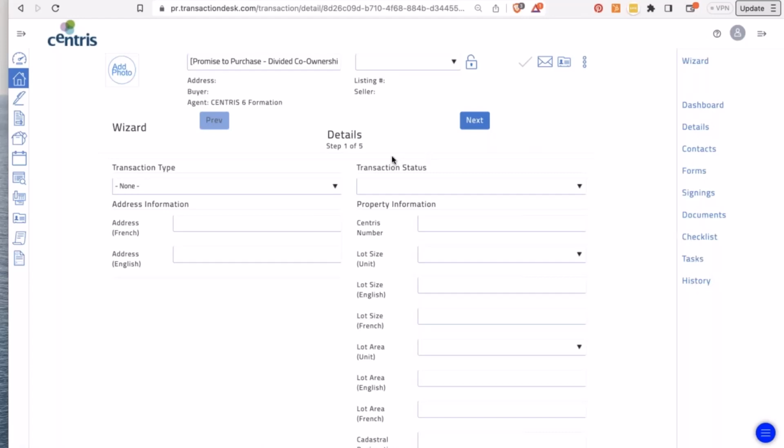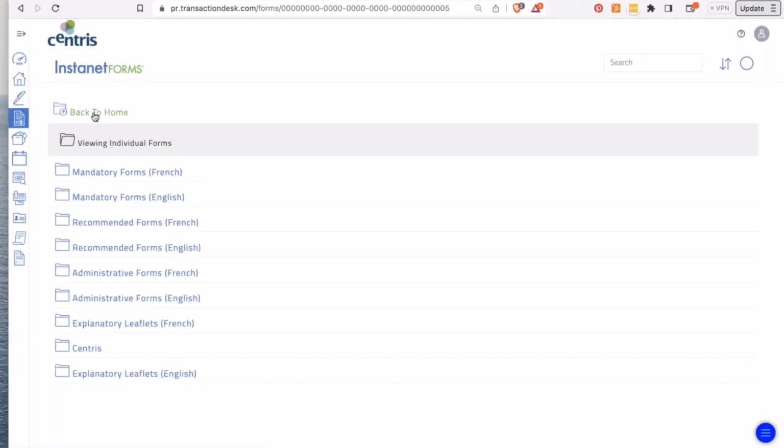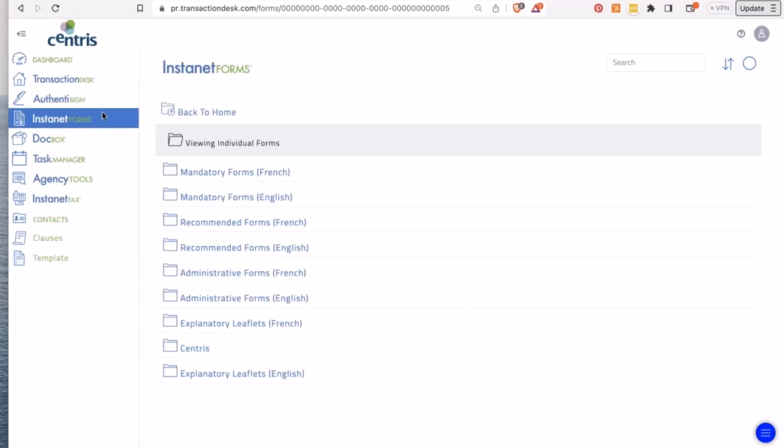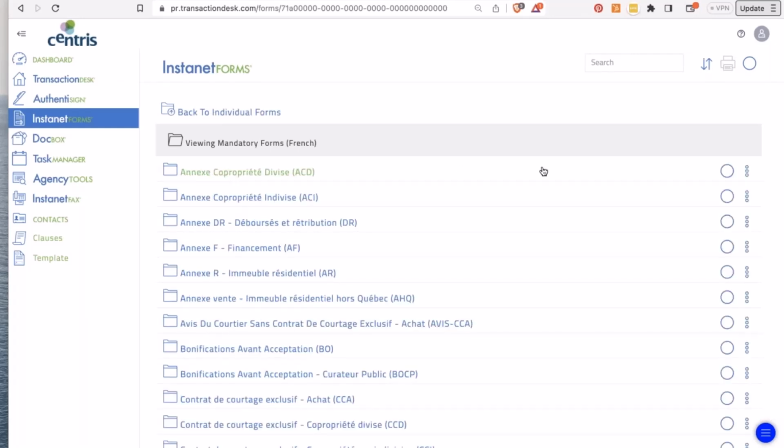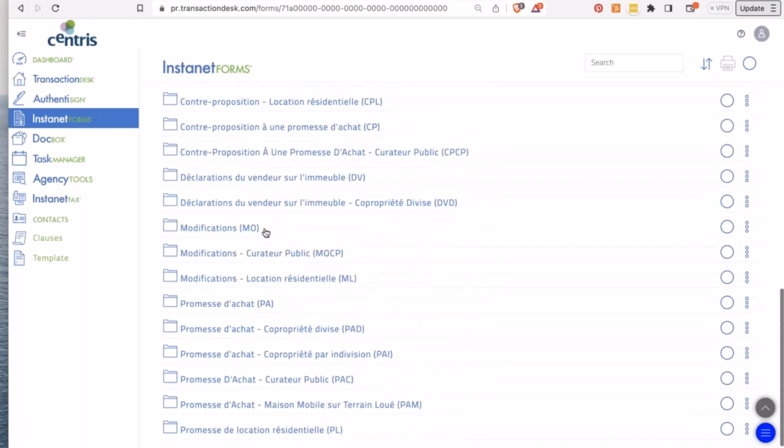I'm going through all the different steps of the transaction, and here I'm on step 1 of 5, which is details, where I can fill those out. Before we do that, I'll go back to InstanetForms on the left and go through the different forms individually that are available to you. I searched for PPD, but when you open the mandatory forms, you can see all the different forms that are